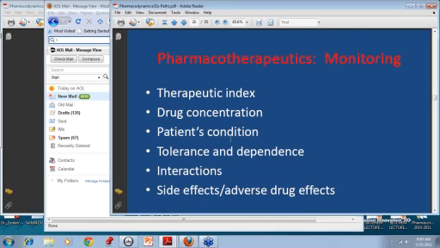Come over here and stuff like that, and then the physician prescribes another drug. Essentially, the physician deals with these aspects. Tolerance and dependence is